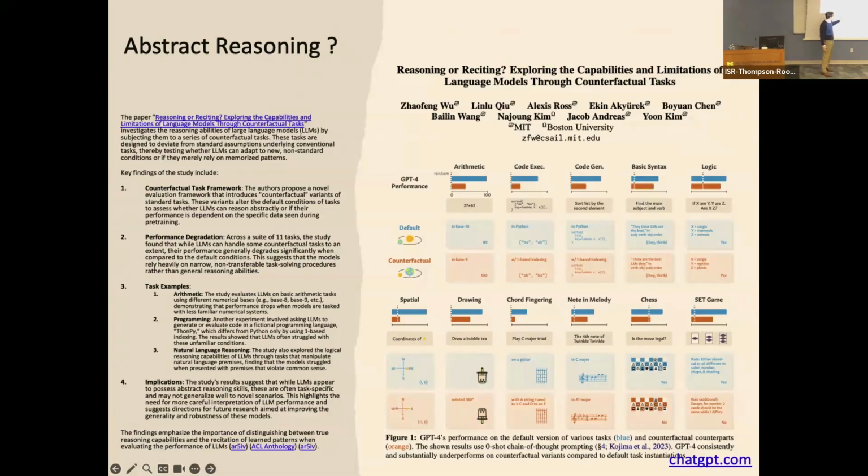However, what this paper discussed was going to the counterfactual. So random state, throwing a GPT into a situation so we could measure how much it could reason or how well it could reason. There's a line just for about everything on randomness. And although we see performance drop off every time, I think most humans would also drop off if you're not at the starting state, right? We could see this specifically in chess, since it is a very complicated game. However, when it comes to code generation, we see about a 50% drop off, but it's not significant in something like chord fingering or chess, like I said.